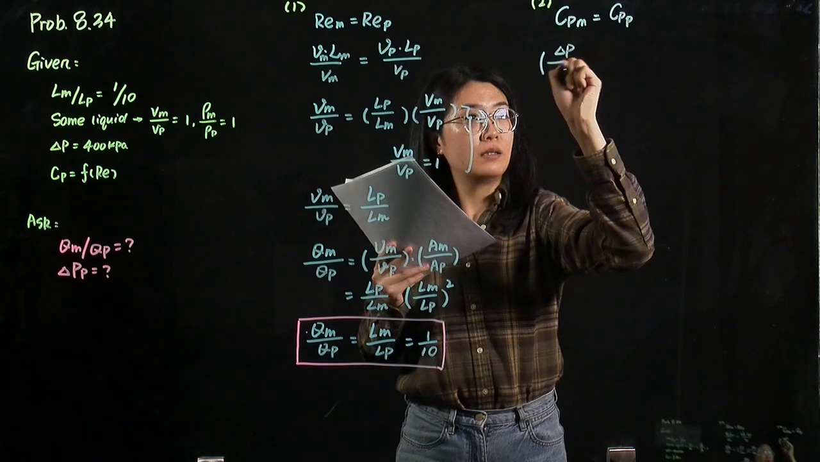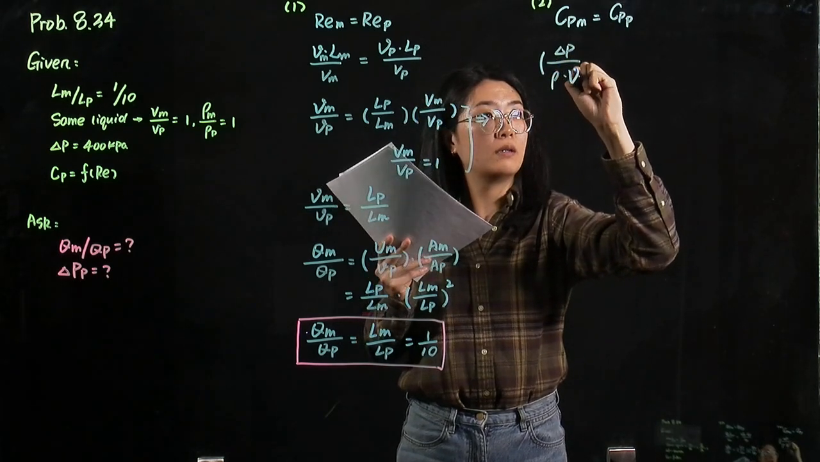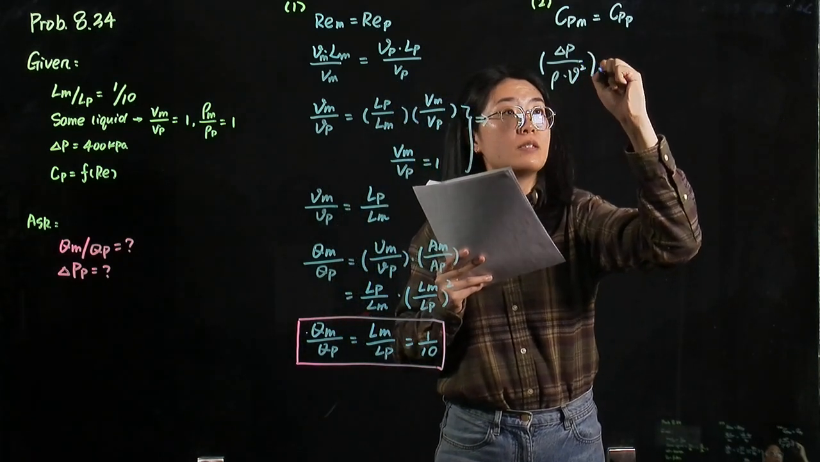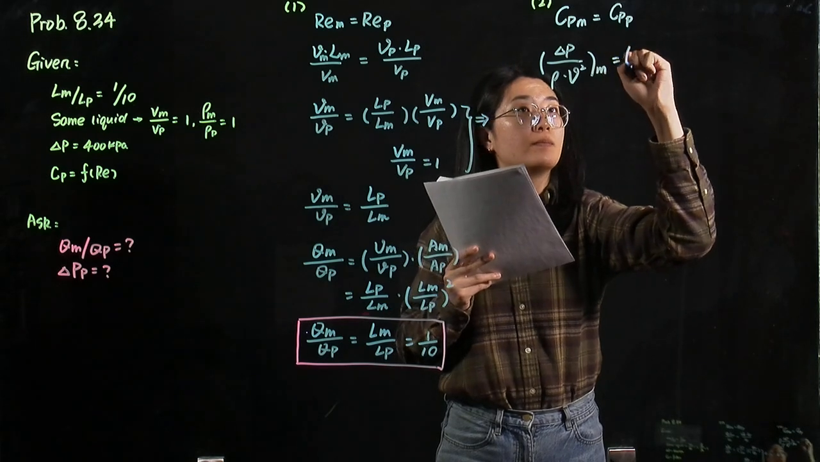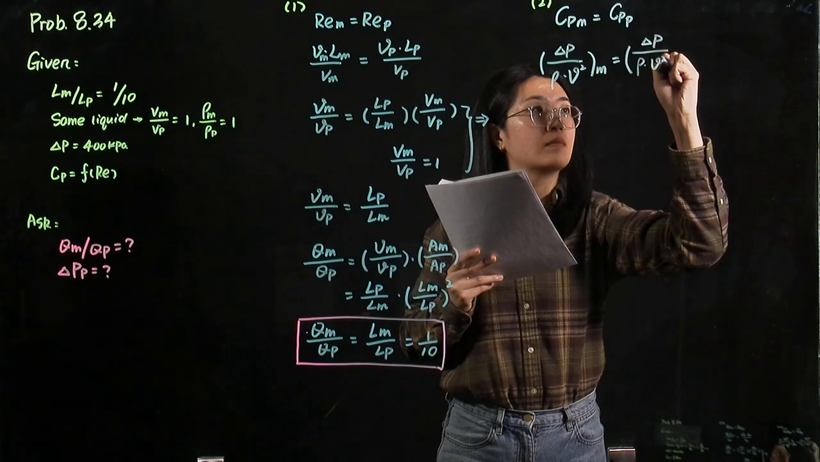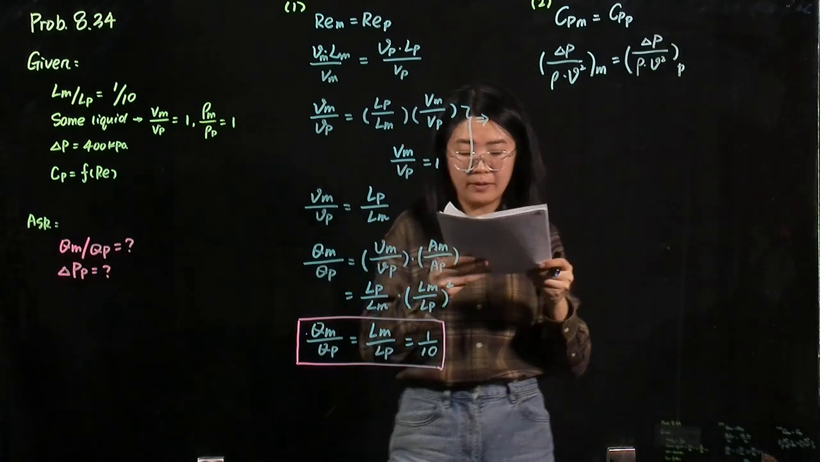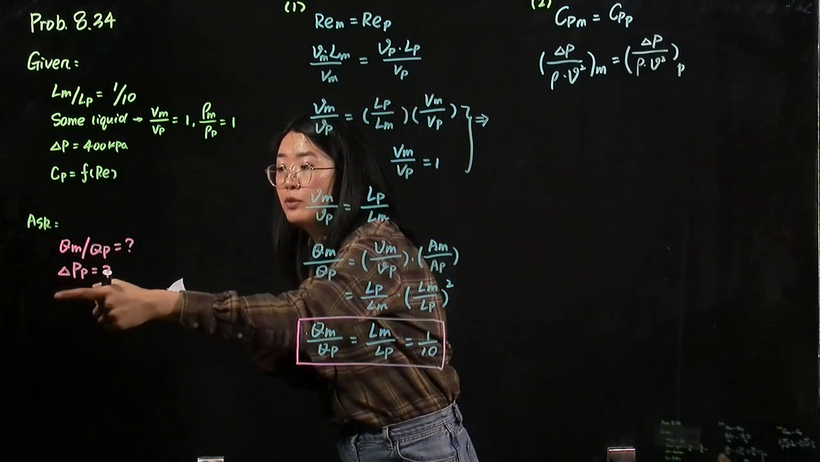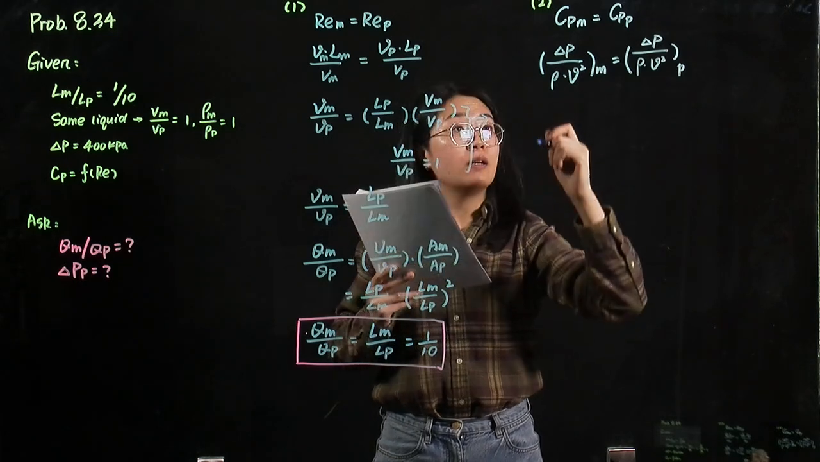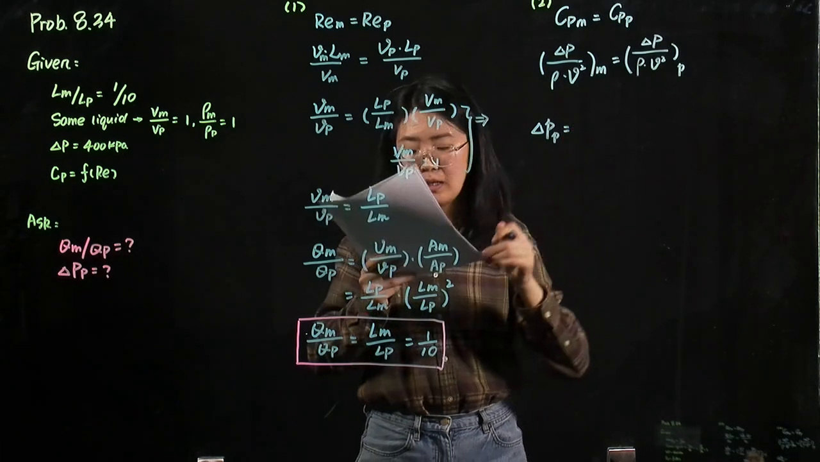delta P divided by the density times velocity squared. This is for the model. And this is for the prototype, okay? Because we want to know the delta P in the prototype, so we put it on the left-hand side. So the delta P, it equals